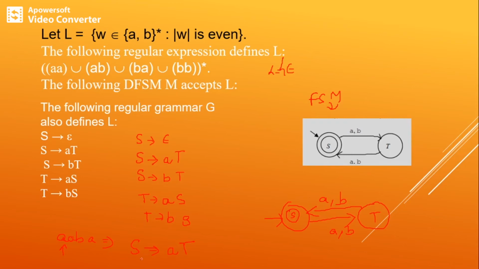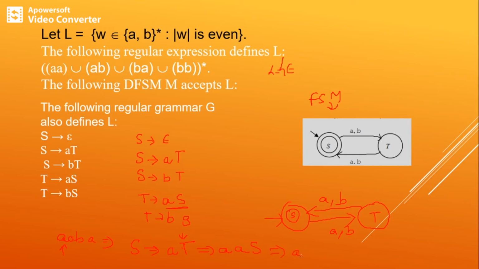Right now you have one character. The next character you need is A, but you have T as the non-terminal. So you look at the T state, the T non-terminal. Again you want A, so this is the right RHS to be applied on T. This will give you A and then S. Now again I have S, but I want character B. So the RHS can be substituted as BS, isn't it?